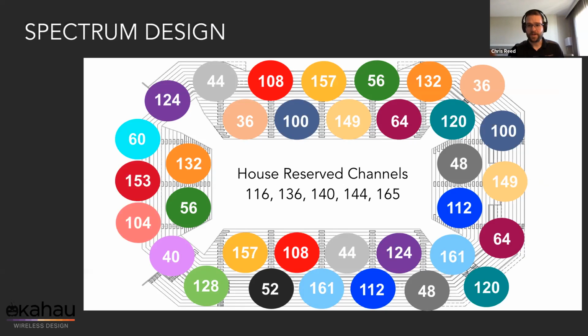So LPV in stadiums, we get the newest devices. I looked up a little bit before the webinar: the Consumer Electronics Association says that the average phone is 18 months old. So you've got relatively new devices that are hopefully supporting all the DFS channels, and in a large enough venue, you can't not use DFS. Period. There's just not enough available for you not to.